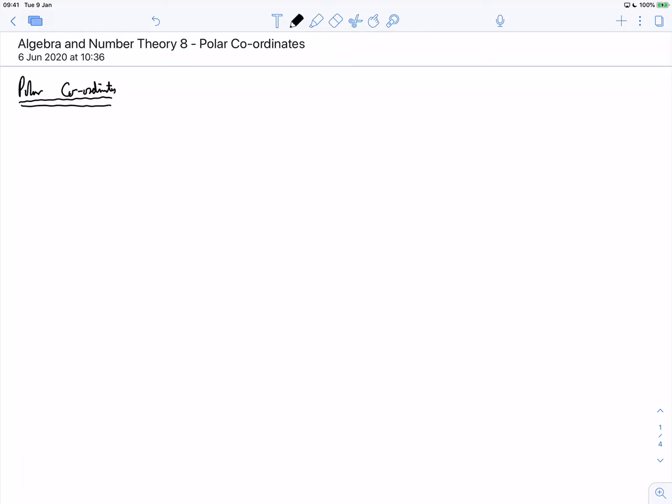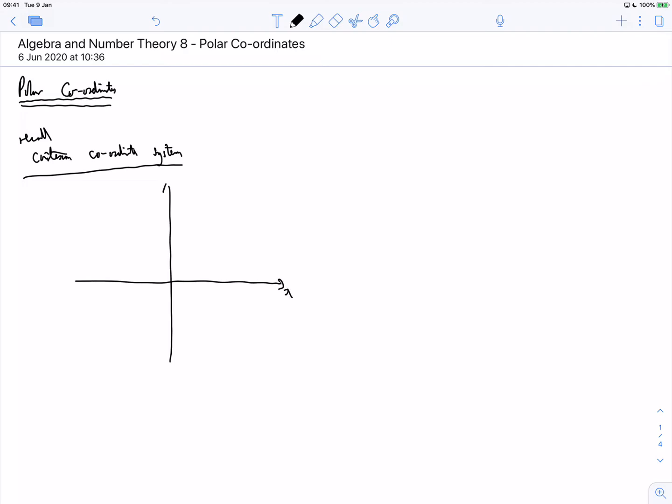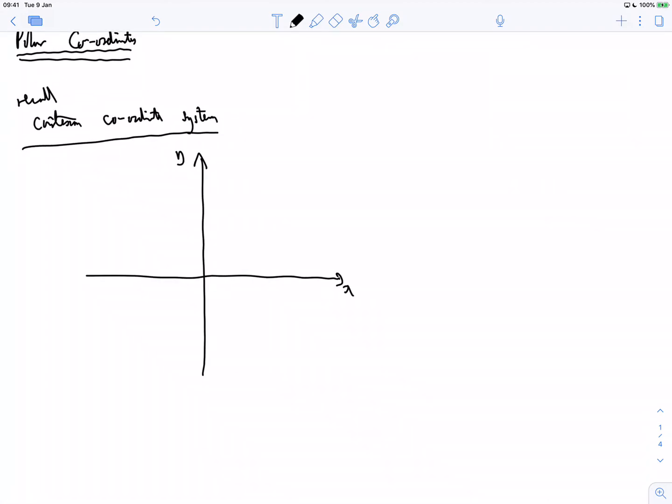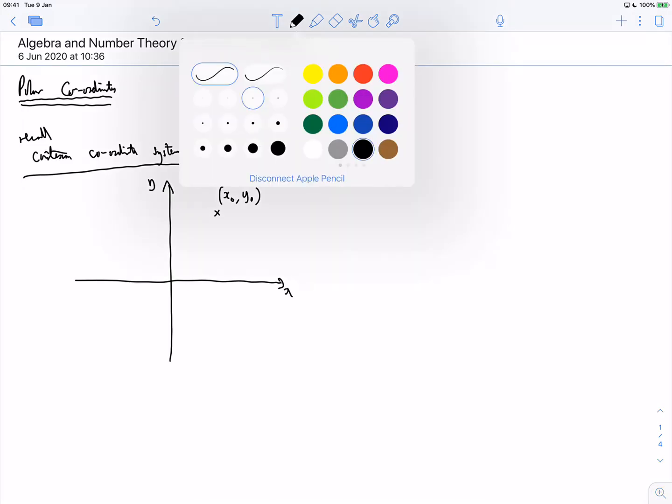So let's consider the Cartesian coordinate system. So what does that look like? Let's recall the Cartesian coordinate system. So I've got an xy plane, like so. And for a particular point, let's call this x naught, y naught. That's some particular value of x and y. Okay, now for polar coordinates,